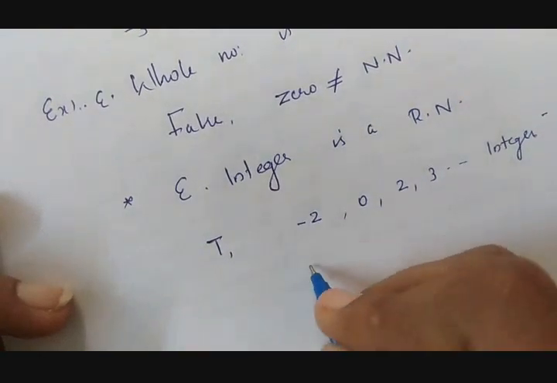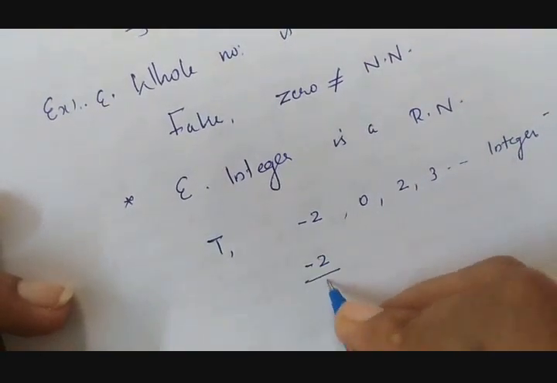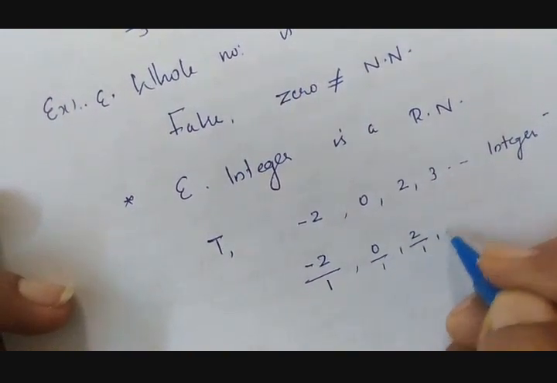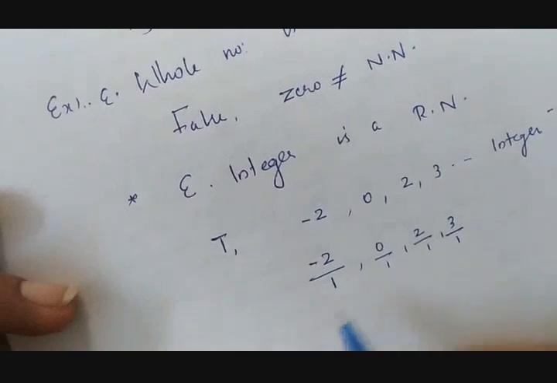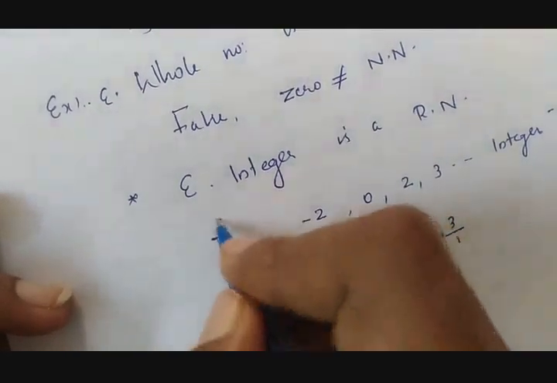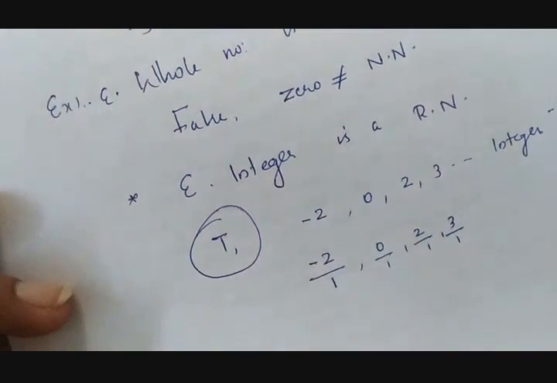But we can represent it as a ratio also, because minus 2 by 1, 0 by 1, 2 by 1, 3 by 1, like that. That is, every integer can be represented in a rational form. So we can say that the statement is true. Next statement given is